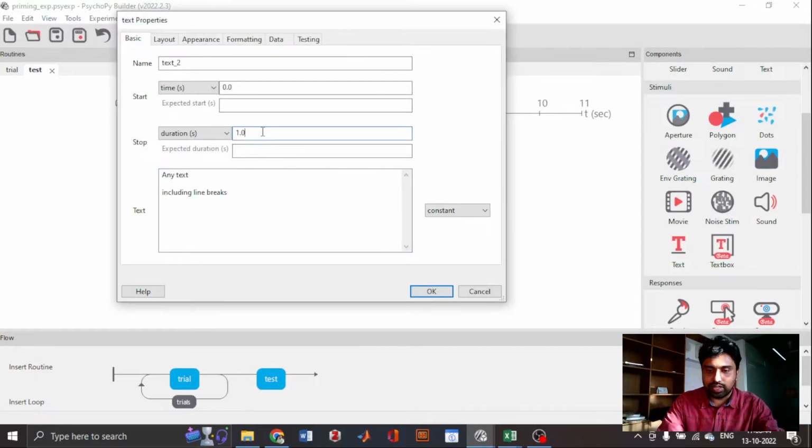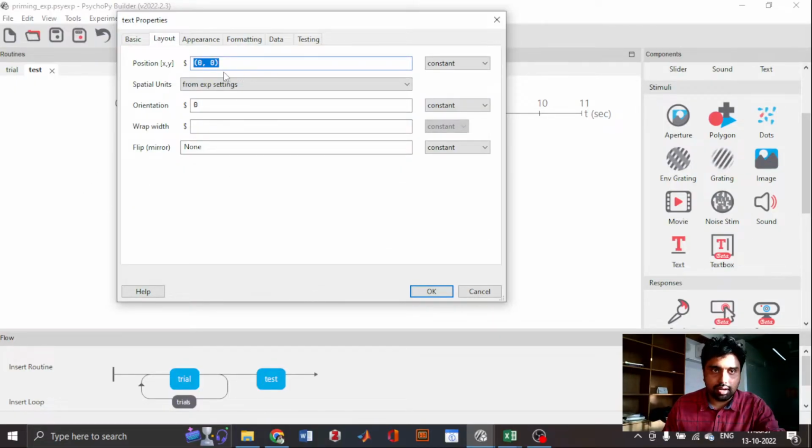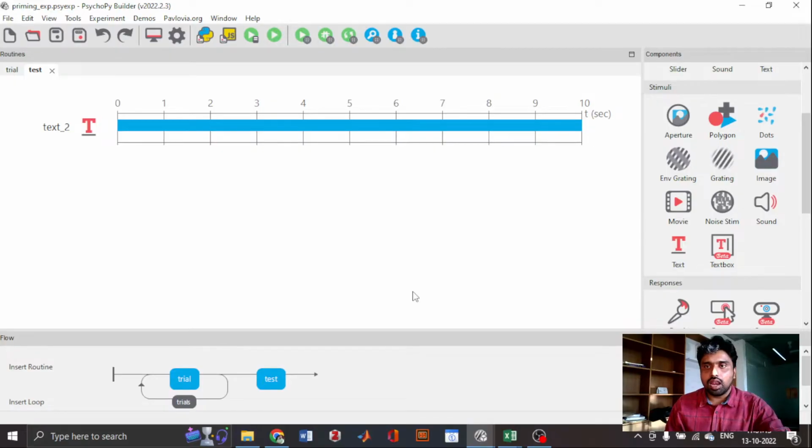Okay, duration, let's go for 10 seconds. And this is going to be a variable which is test. Okay, this is going to be the word fragment, and where should it appear? We want it slightly above the center point, right? So it should be at the center, but slightly on the upper side of the upper half of the screen. Okay, so we have the word fragment there. Now we need